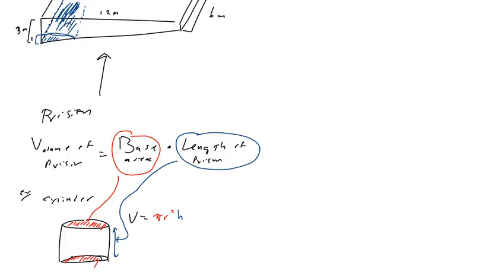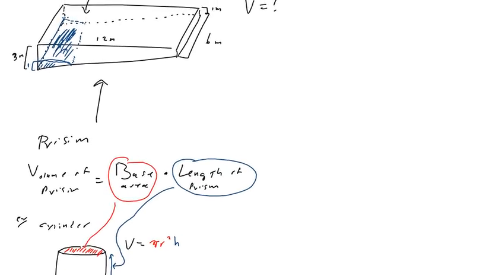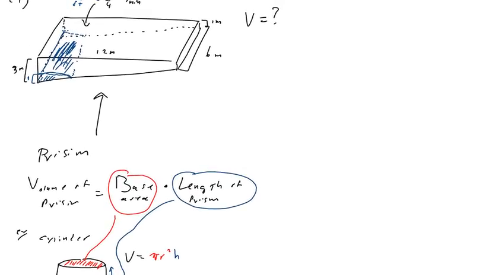So this is true of every type of prism. Every type of prism has this same formula, no matter how complex it is, right? If it's a triangular prism, you have, well, in this case, we have a hexagonal